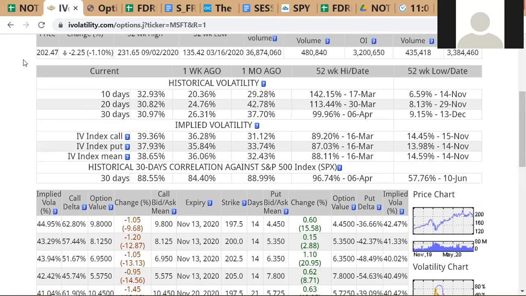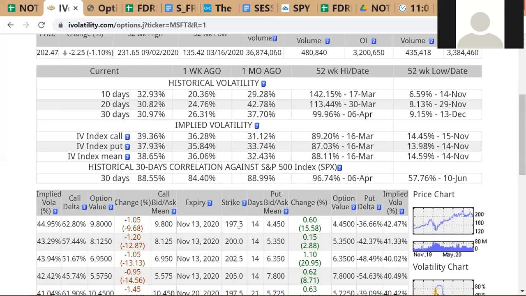Then what we did, we saw the underlying asset market price is 202.47. So we immediately sold off 100 shares at 202.47. So what profit did I make? Selling at 202, buying at 197. Okay, remember the profit calculation: exit price minus entry price. This is my exit price. The first transaction is going long. The second transaction is squaring off the long. So the exit price is here, the entry price is here.